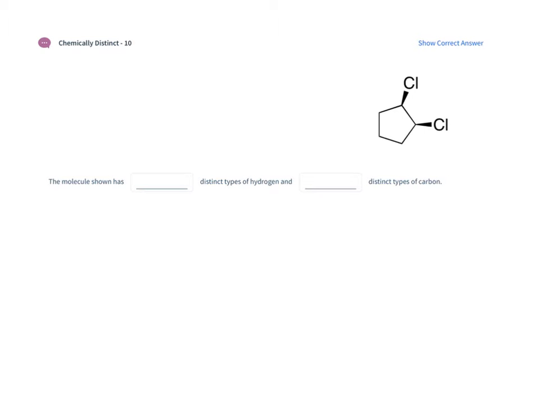In this molecule we have a ring. There's a couple of wedged groups on it, and you really need to be careful if you have chiral centers in an acyclic molecule or groups on one side of a ring. Because if I draw this in kind of a slightly different viewpoint,